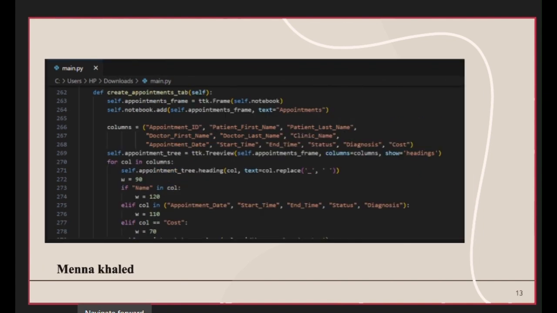This function creates the Appointments tab in our application. It builds a table with columns like patient names, doctor names, date, and time, and each column is given a size depending on the type of data it takes. It also ensures that the table is added to the screen and fills the whole tab, so users can easily view all the appointment details. Next,